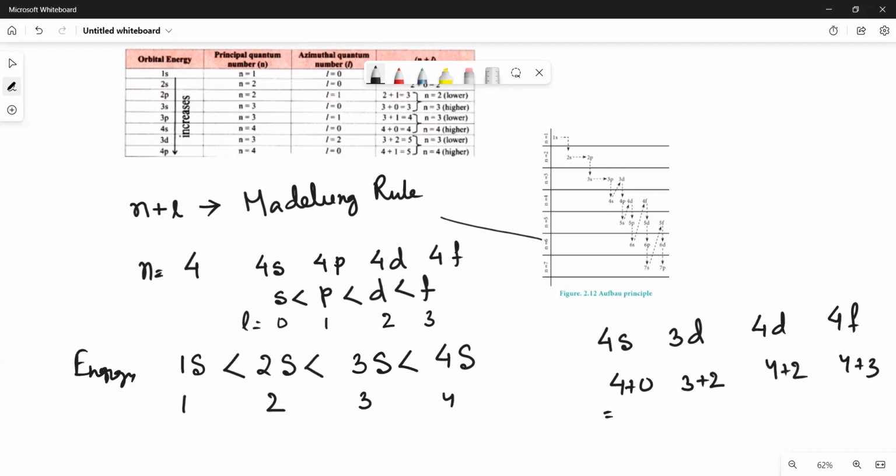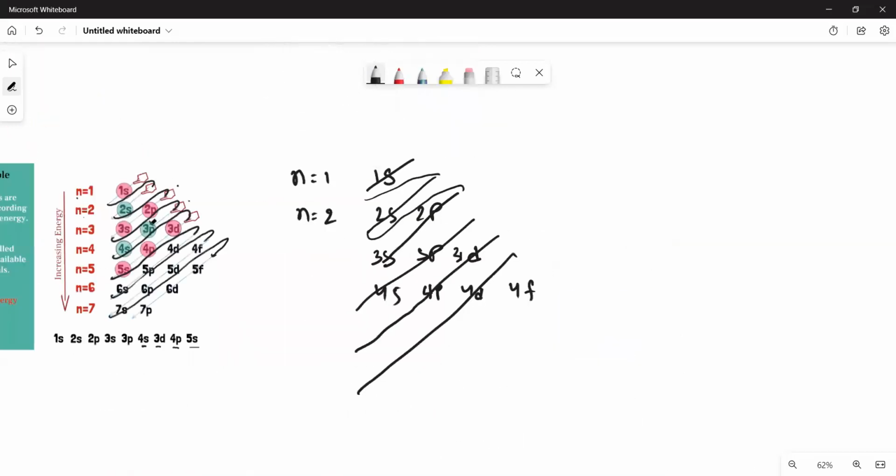So it means it is 4, 5, 6, 7. So what is the energy sequence? 4s is less than 3d, 3d is less than 4d, and 4d is less than 4f. Now, if you check this one,